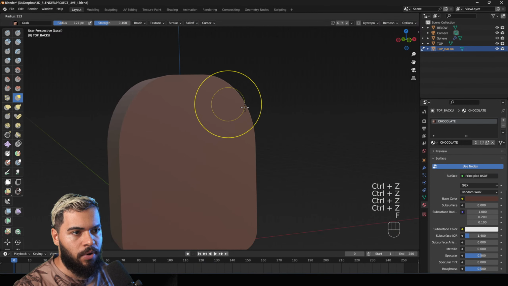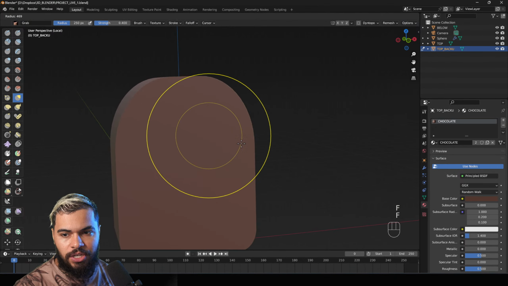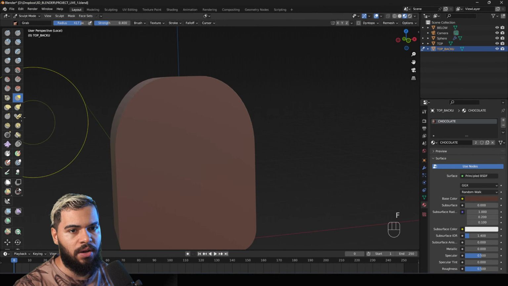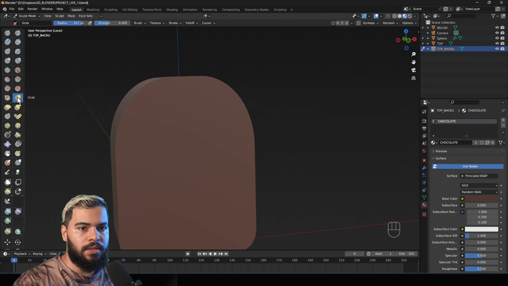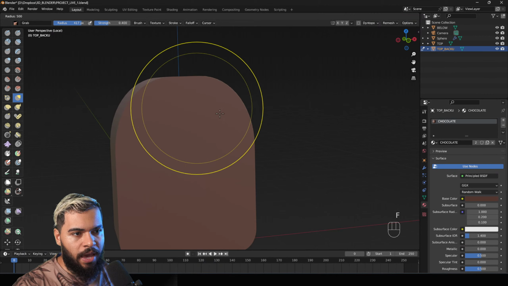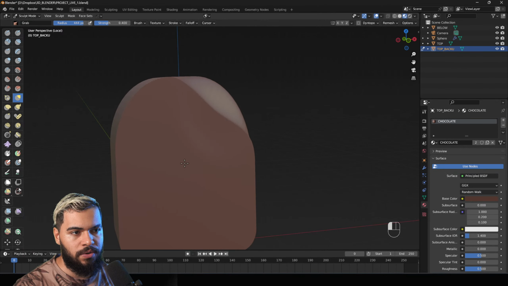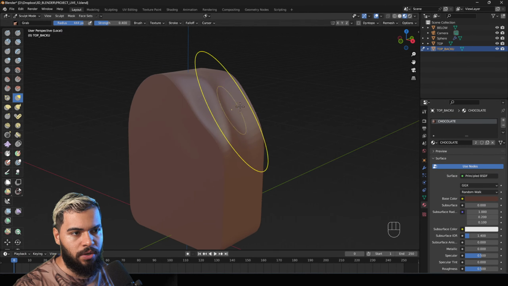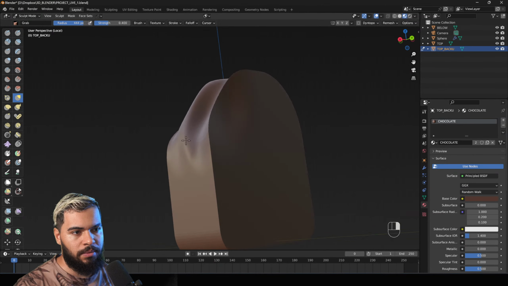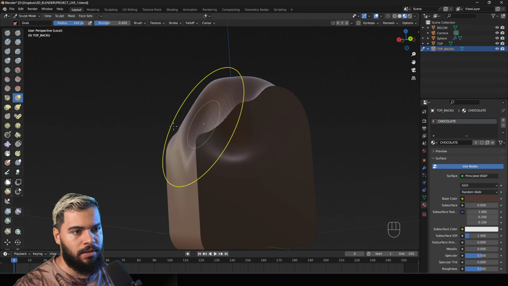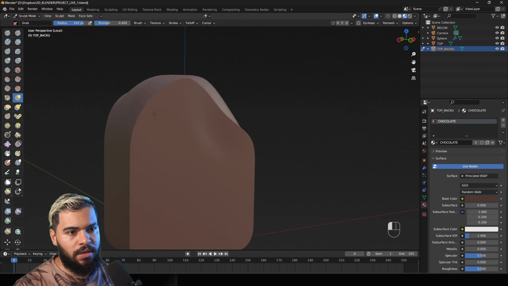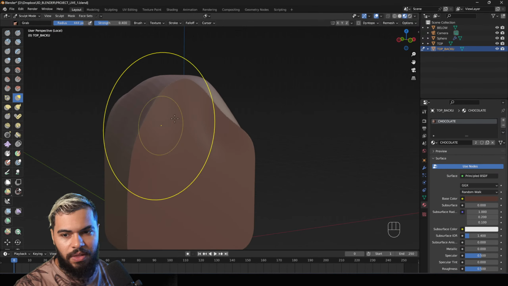Let's test more. If I press F, I can change the brush size. Grab, F, change the brush size, and then I can move. I can just sculpt this. I can move and make this like a melting ice cream, something like this.